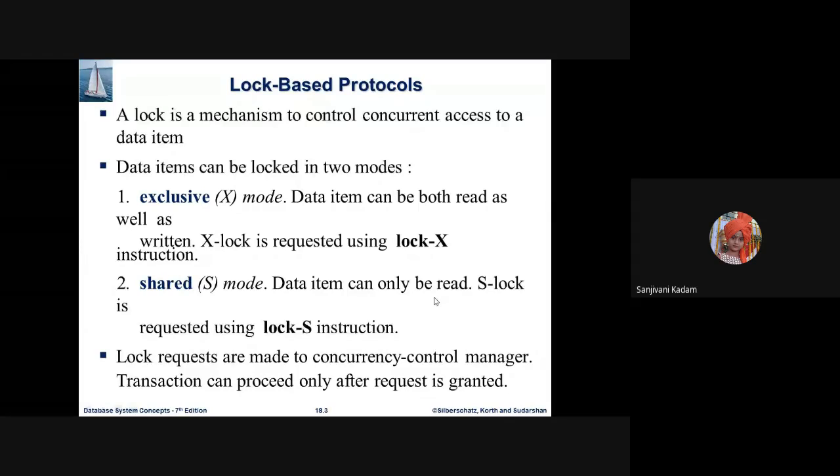Okay, so when we are willing to perform changes or use a data item, we should request these locks. These lock requests from a transaction need to be sent to the concurrency control manager. This is a program which maintains isolation and decides whether to allow access to the data item or not.